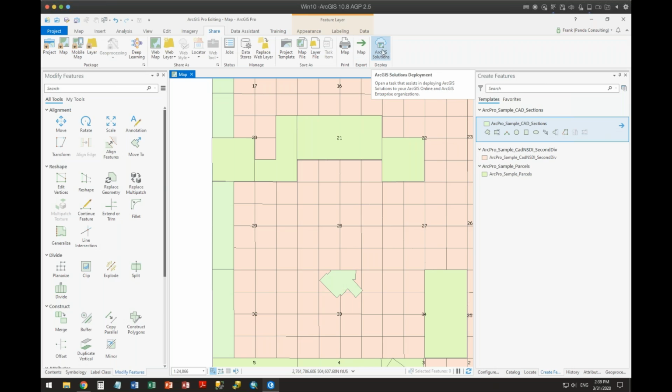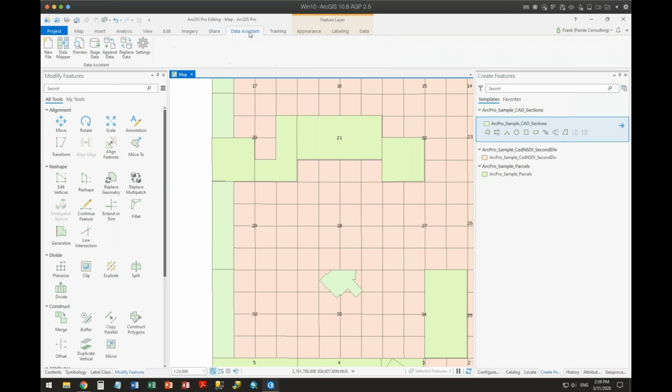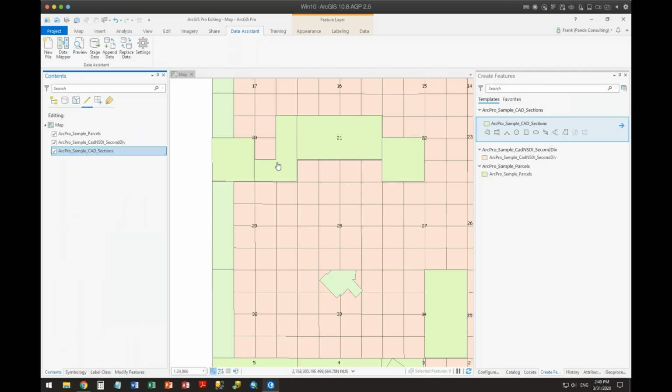Sharing, for example, even the ArcGIS solutions, you can actually go and share those as part of this. Data Assistant actually is also part of the deployment solution. Really nice tool in here. All right. We're getting close to this. So, by the way, you can see we're going to have a whole lot of these things in place.